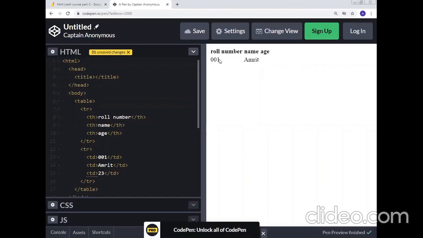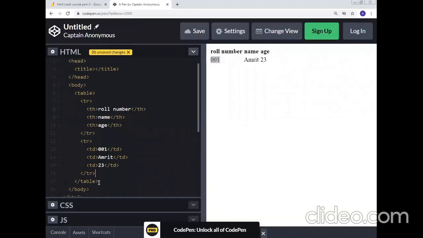So now the numeric value is aligned to the left, but the alphanumeric value is in the middle. So now this cell, this is a new cell, this is also a cell. This is a cell, this is a cell, but it does not have a border. So this is now aligned to the left. It's actually aligning numeric value to the left, alphanumeric in the middle, and you can see the division. Roll number 001, name, my name, age, 23.